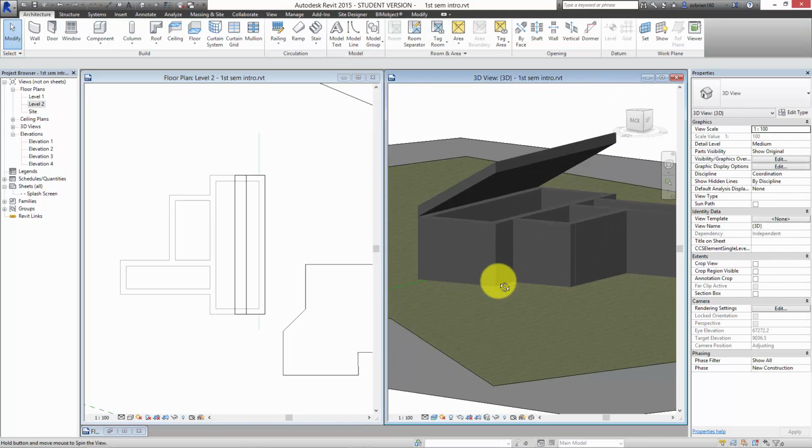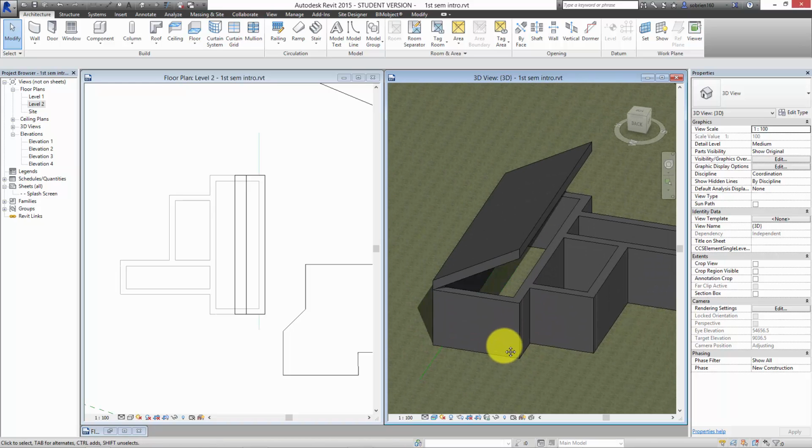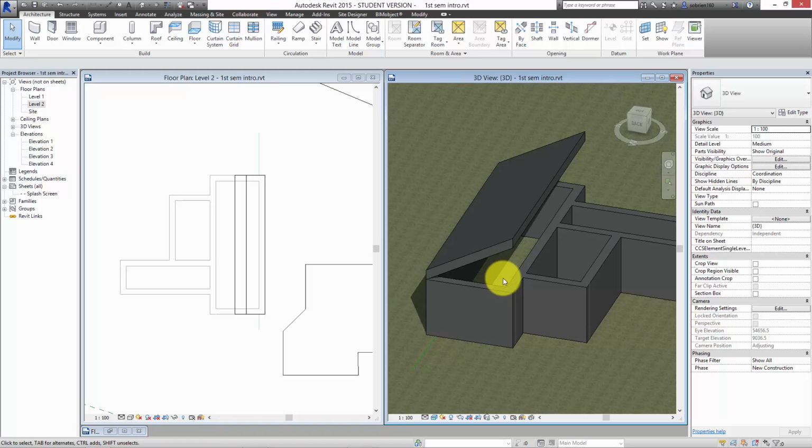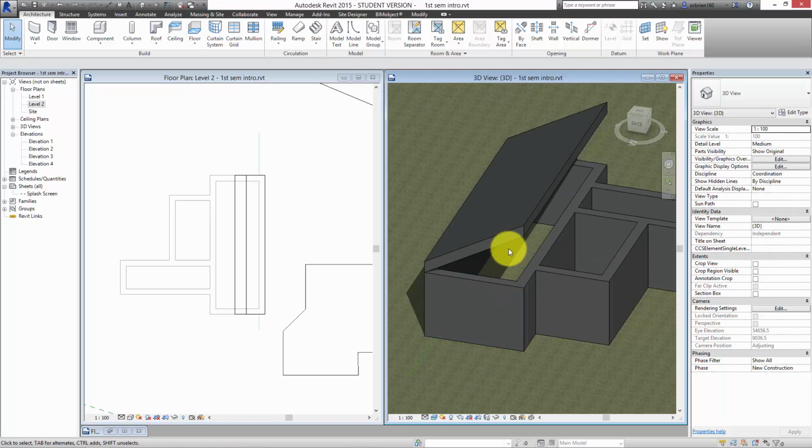So it looks like that. It's a little bit too high at the moment. I'm going to do just 2 more things and then I'll stop and give you a chance to play with it, okay? So what I can do now is, because I have these walls set up underneath,